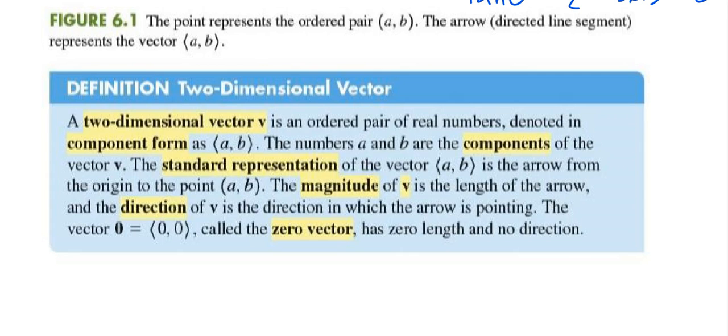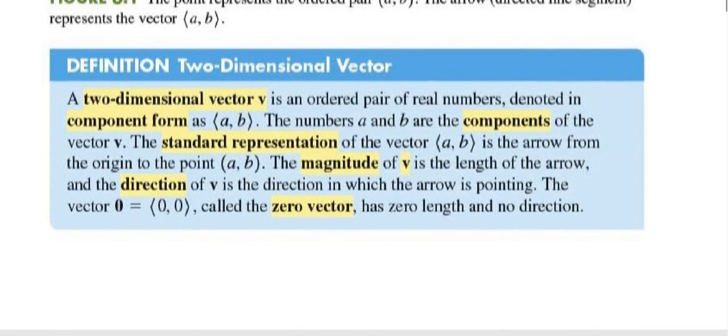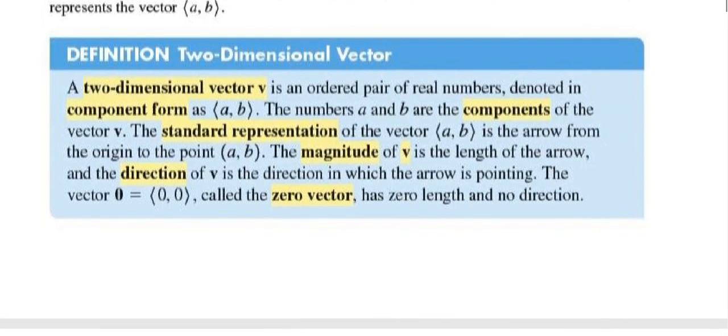Magnitude is the length. We just talked about the length of the vector, and you guys know how to do that. And the direction, you guys know how to do that. You really have done a good chunk of section 1, and some of this is all stuff from geometry you already knew. Okay, now the zero vector.